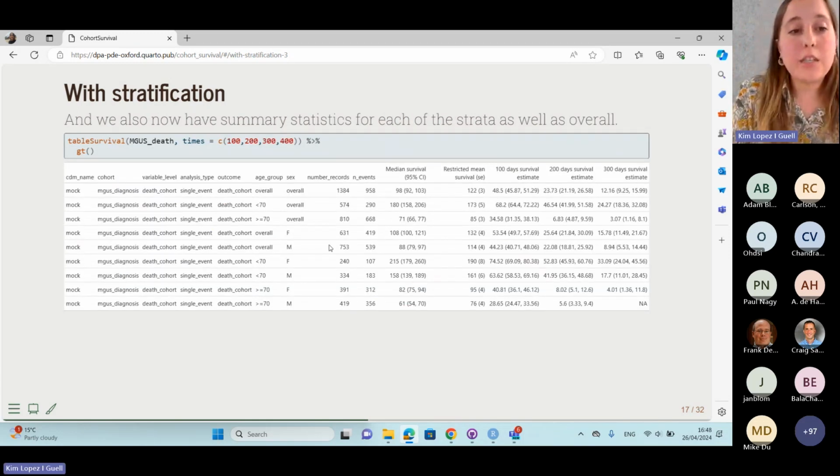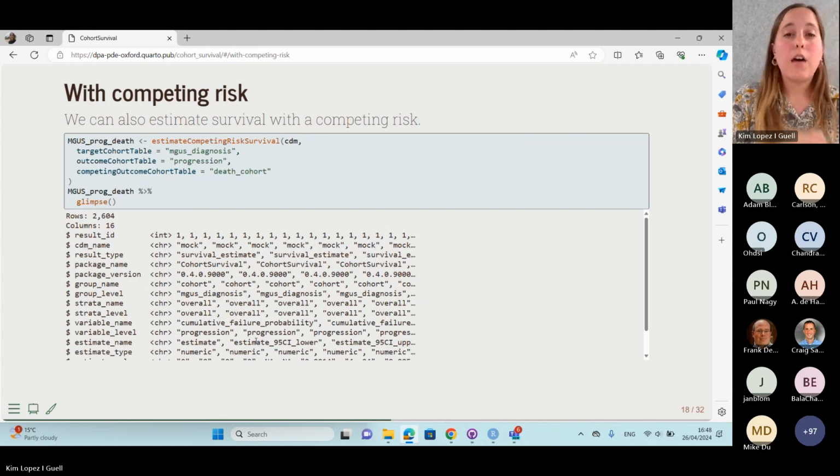And in this case, when we retrieve the summary, we get a row for each of the strata. So we get the overall summary statistics, but also for the different age groups, sexes, and both of them together. Now, that was for a single event, but sometimes when you are estimating survival, you might be